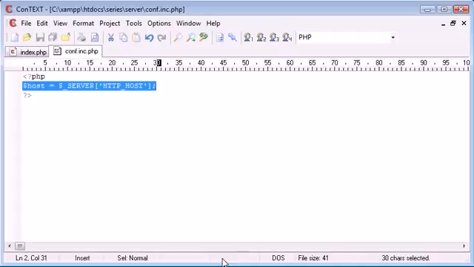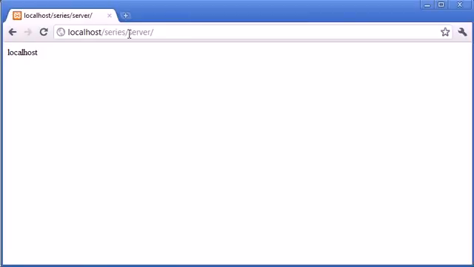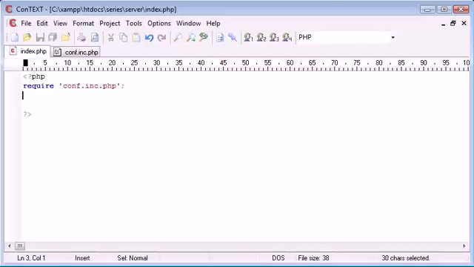So let's say at the moment I've got it on localhost and I'm developing it. All my pictures, for example, for a template system, are going to come from localhost / something. At the moment, the URL I'm running under is localhost / series / server. So what I could do is I could say host equals this, however